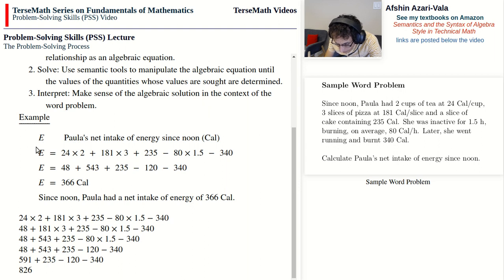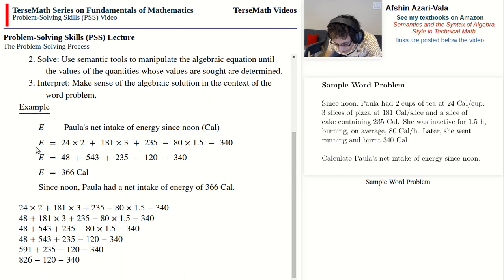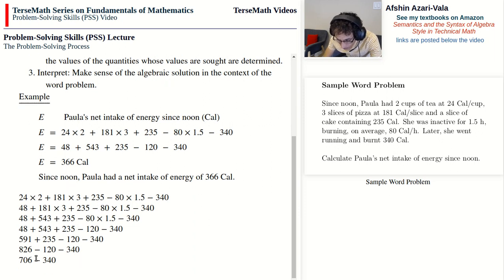Okay, and then we have minus 120 minus 340, and then we go to the next line and we get 706 minus 340, and hopefully all of my intermediate calculations are correct. Some of these additions I just did in my head, and finally let's say we get the correct answer of 366 calories. So we followed BEDMAS, and